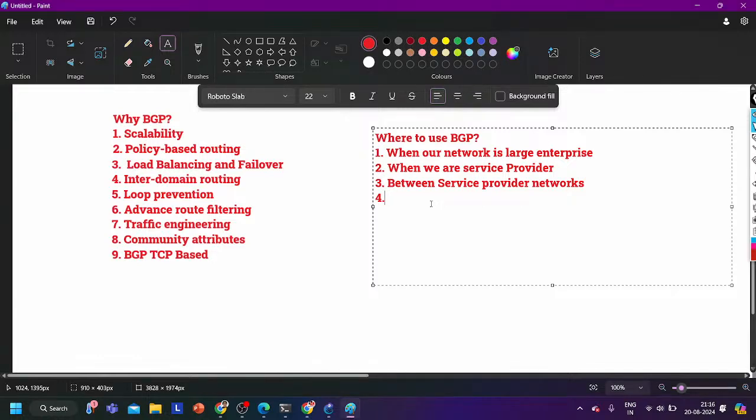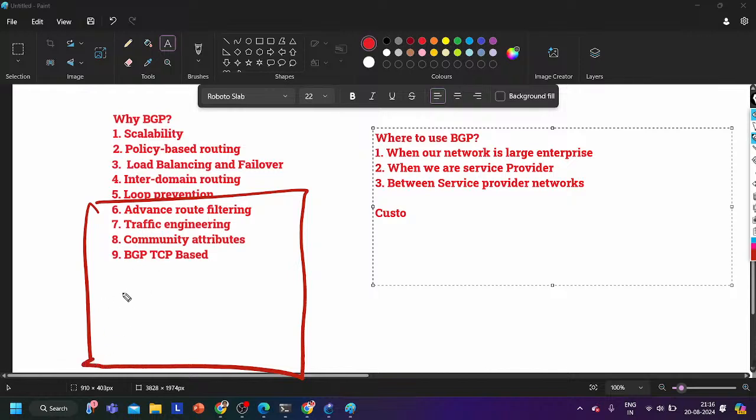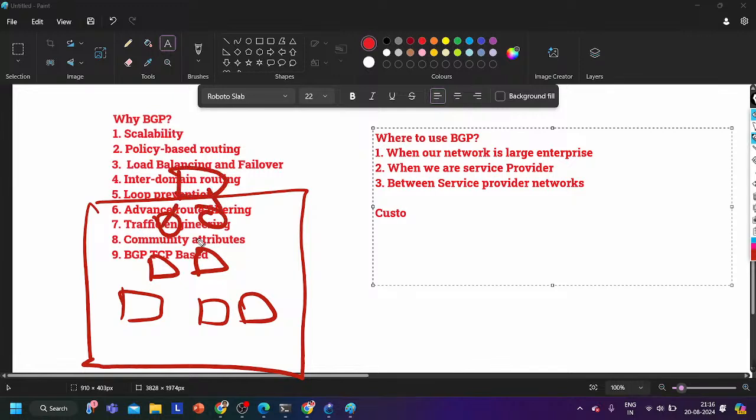Then guys, to understand the next scenario where we need to configure BGP, you have to understand the customer network. Like how the customer network looks. How many types of customer networks are there? Customer networks means like my network. As I told you, I have a headquarter in Mumbai. So you know the basic design: access layer switches, distribution layer switches, core routers, firewall, right? These are the basic structure of a network.